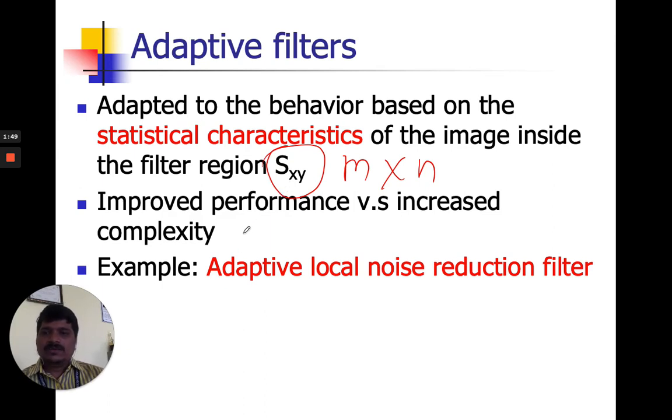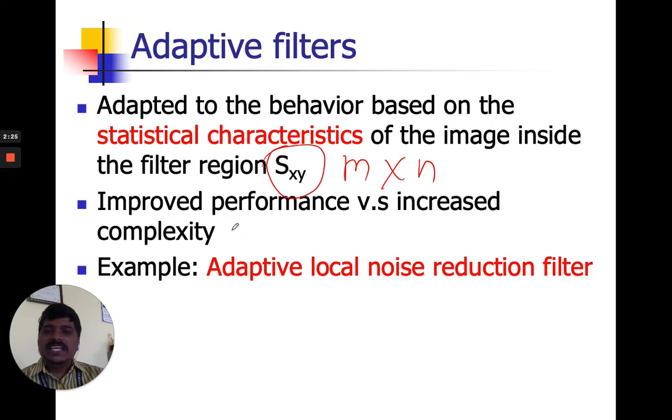Adaptive filter means that based on the input, the weightage can be calculated. Based on that weightage, the filter will decide some of the characteristics of your images. The simplest statistical measurements of a random variable are the mean and variance. So these adaptive filters will work on two parameters: one is the mean and the other is the variance.